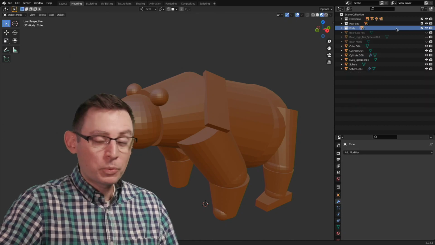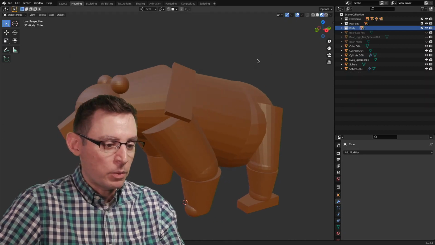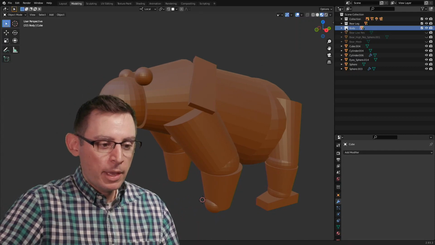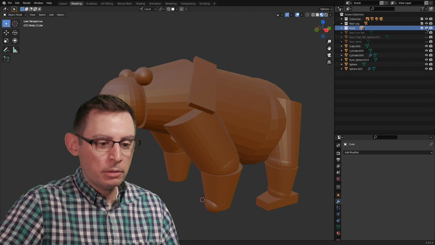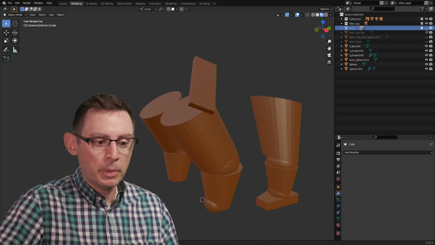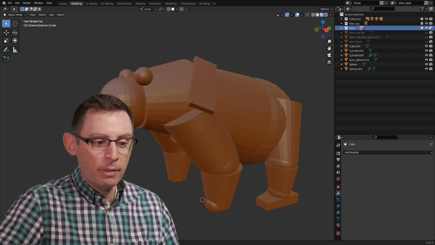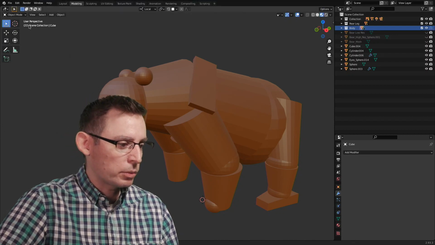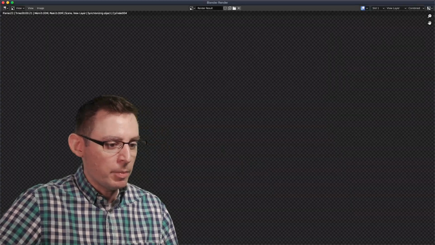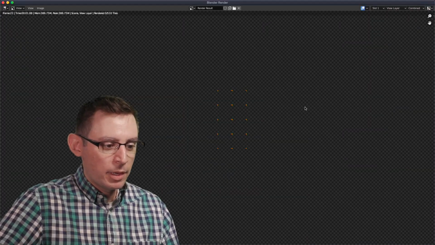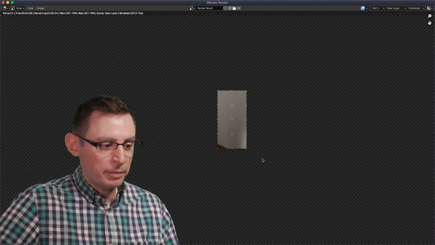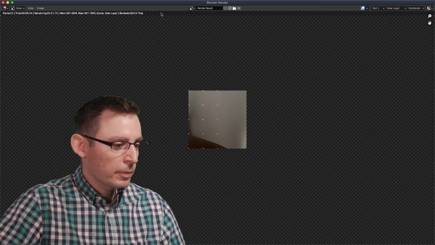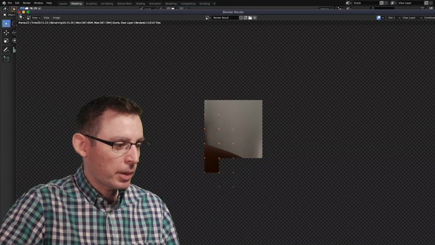Now, one other thing that's really kind of neat about organizing it with collections is that we now can do group level transforms. Check it out. Inside of this row, we can turn off the visibility of everyone inside that group. This little camera icon is the render icon. So if we were to go in, let's just render this real fast. If we were to go in and render the image, the central part of that image is going to be completely transparent. Now this is in Cycles. I'm just going to pause it because it's taking forever. Let's stop this for a second, get this out of the way.